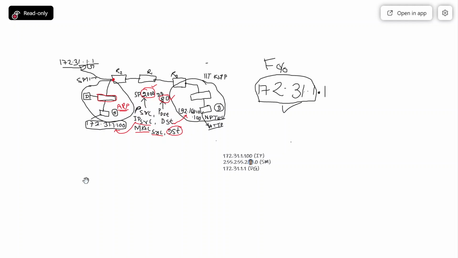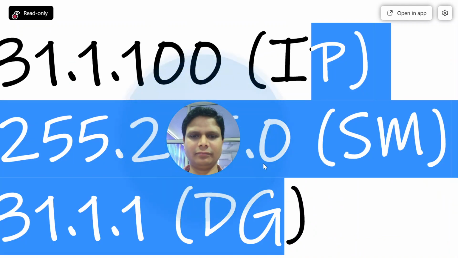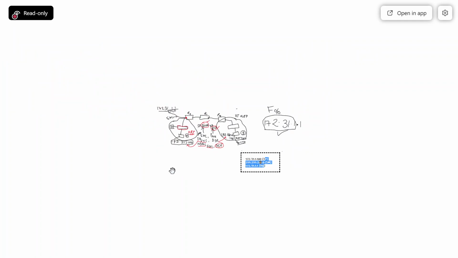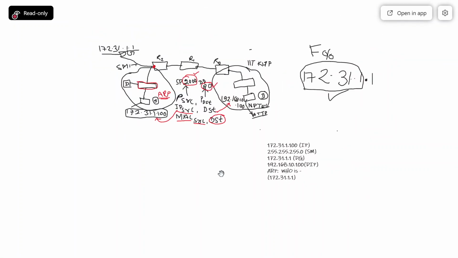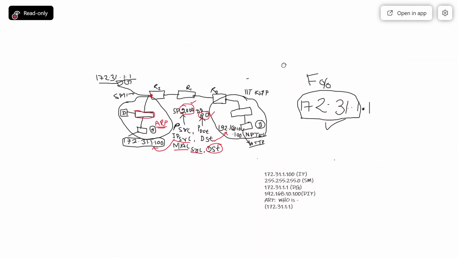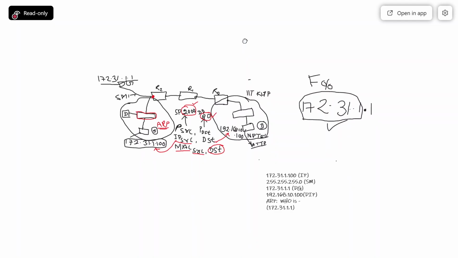Please remember this: if the packet belongs to another network, the ARP protocol will be executed, but not for the destination IP address. It will be executed for the default gateway. So it will obtain the MAC address of this interface, and that MAC address will be considered as the MAC address of the destination.